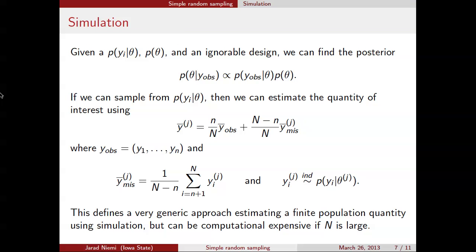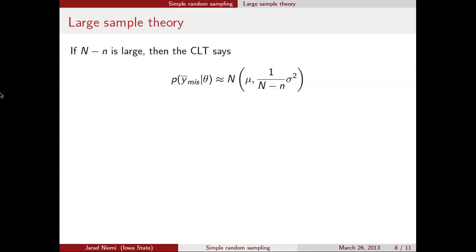Okay, all right, so that's fine. We could use a simulation-based approach. In this example, we could use large sample theory. So we need to recall our central limit theorem, which says that, now this is conditional on theta. So if you knew the parameters of the distribution, well, in this case, it's not going to matter. All you're going to need to know, this is the key, is the expectation of your data, and you need to know the variance. And of course, the variance has to be finite.